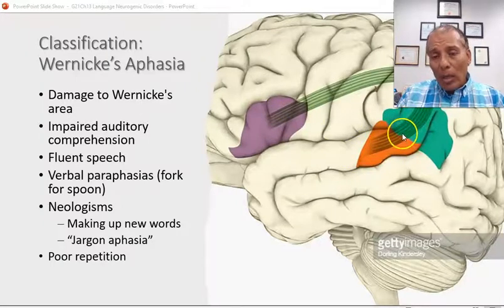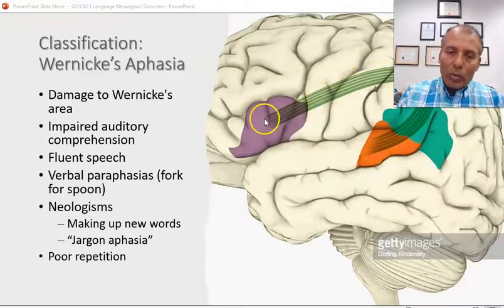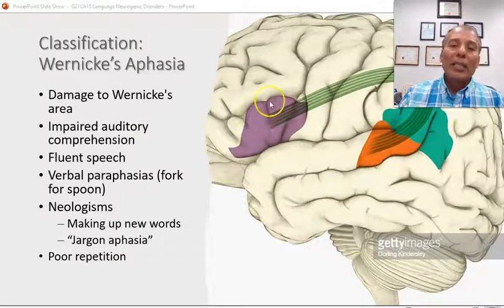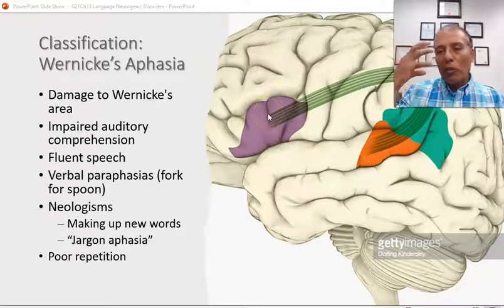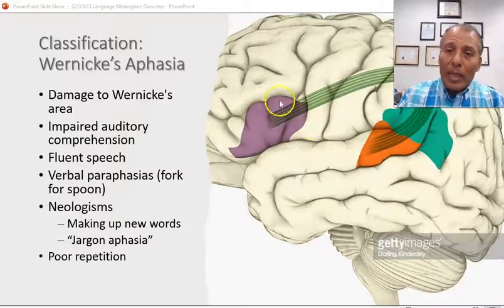This area also extends a little bit into the parietal lobe. It is located here, and two pathways pass out of it to Broca's area here, and to another area, the motor area here, for planning speech. Then two other pathways, a path beneath, go down and also go to Broca's area. So it is very well connected with Broca's area, so that you have comprehension connected with expression.